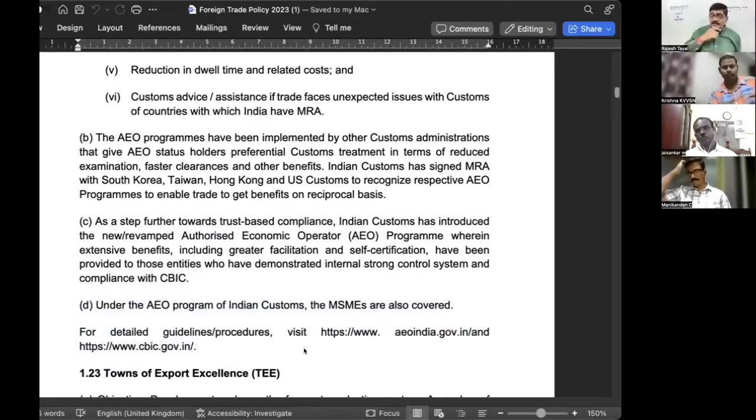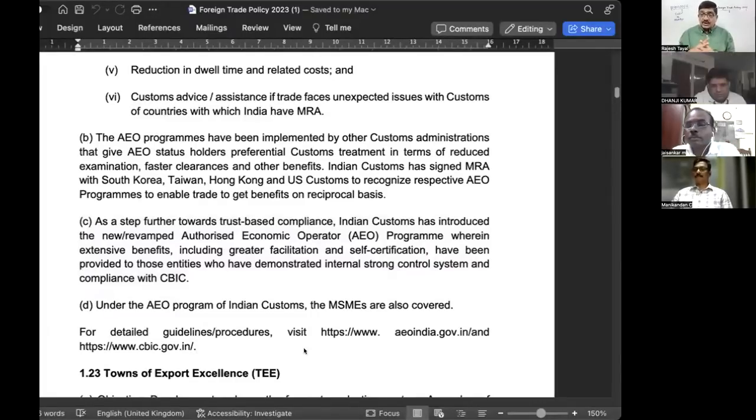तो authorized economic operator, that is also a status given to the importers and exporters who have already attained a certain level in the course of international business, and the best facility is MRA. MRA stands for mutual recognition. So authorized economic operators are under MRA, so their documents are acceptable by the foreign authorities, and foreign authority certifications are issued by Indian customs authorities, and they get lots of extra facilities, and one of the best facilities is